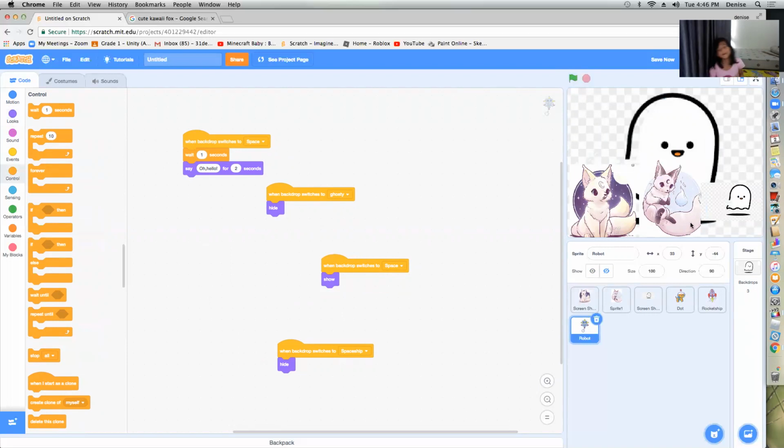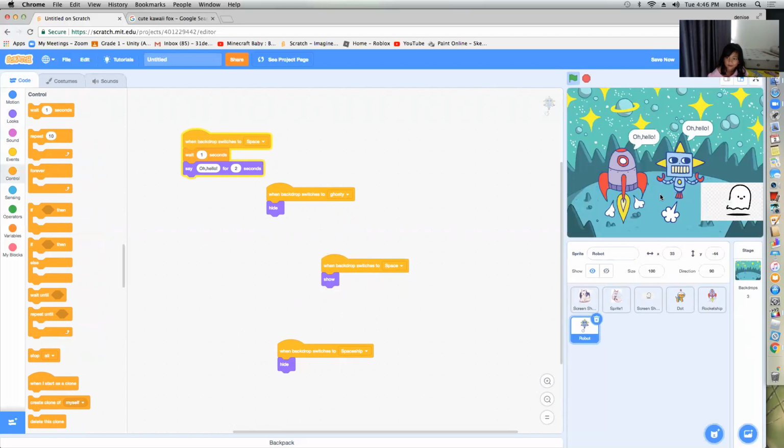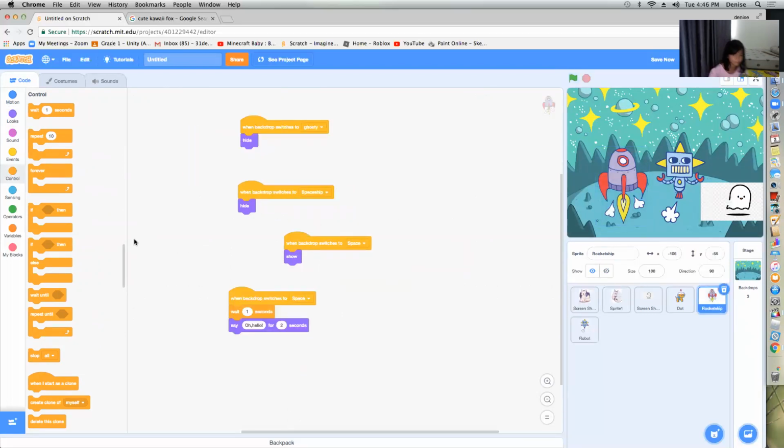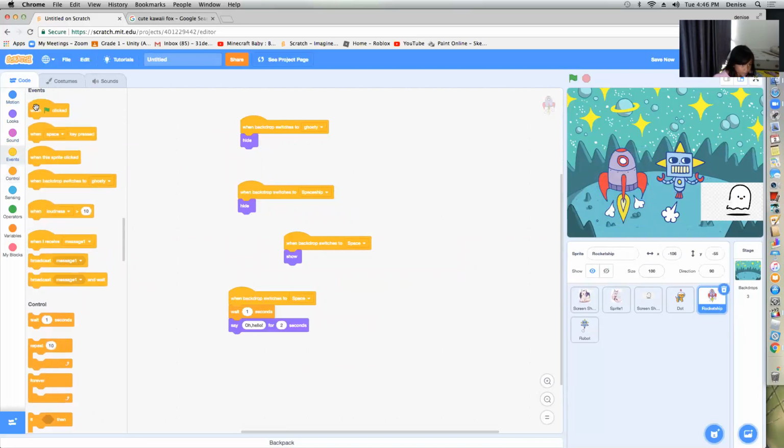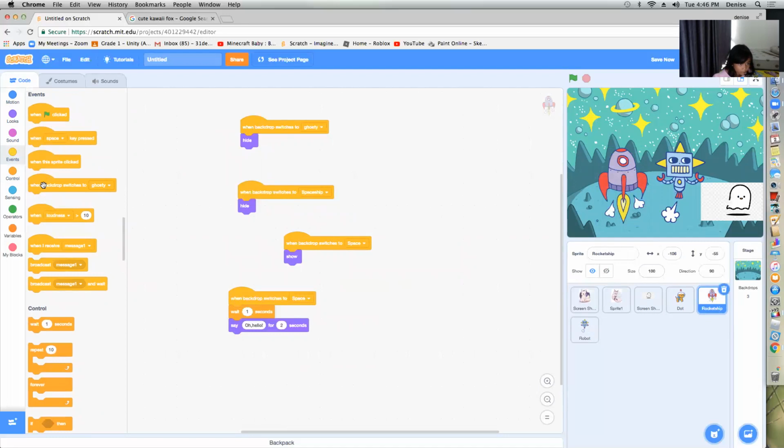Which one would you pick? Foxy or foxes?